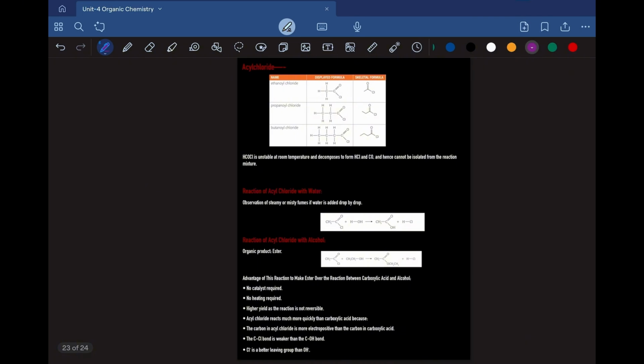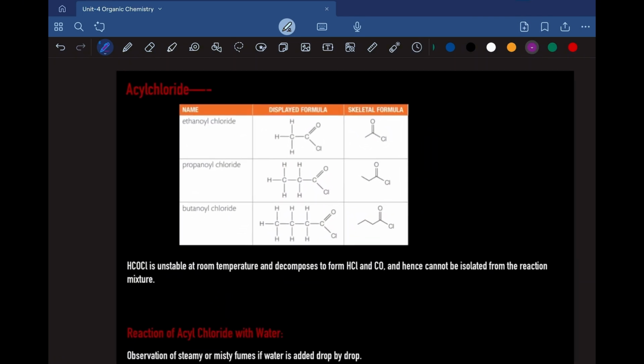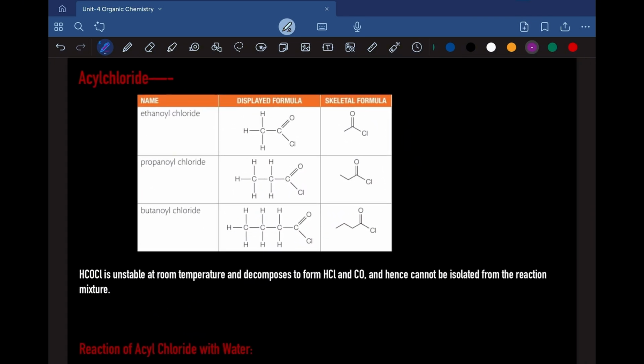Moving on to the acyl chloride part, just like esters and carboxylic acids,